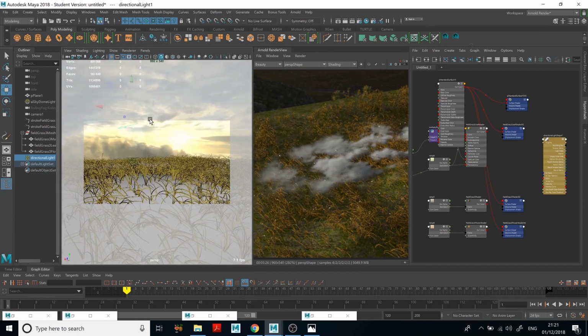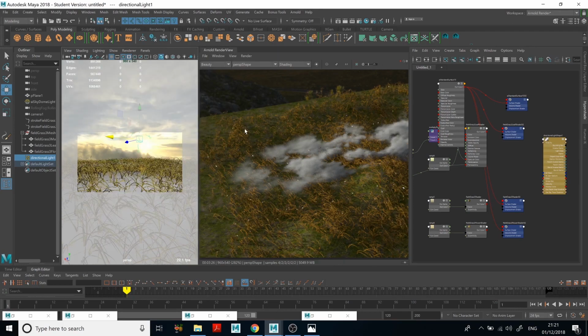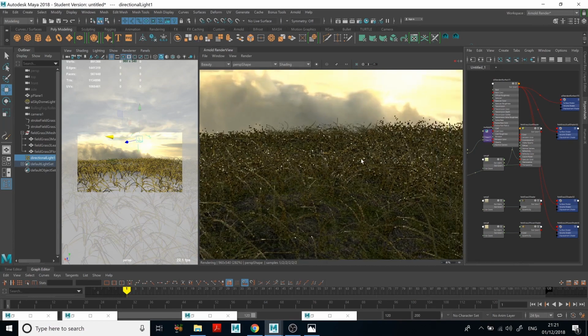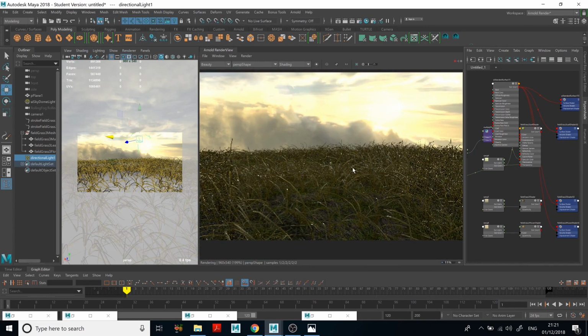Okay, maybe let's put it like so. Okay, so the fluids. Let's add our fog now. Actually, let's render it just to see what we have at the moment. Okay, it looks more or less not too good, not too bad. So add our fog. Let's go to effects, fluids,